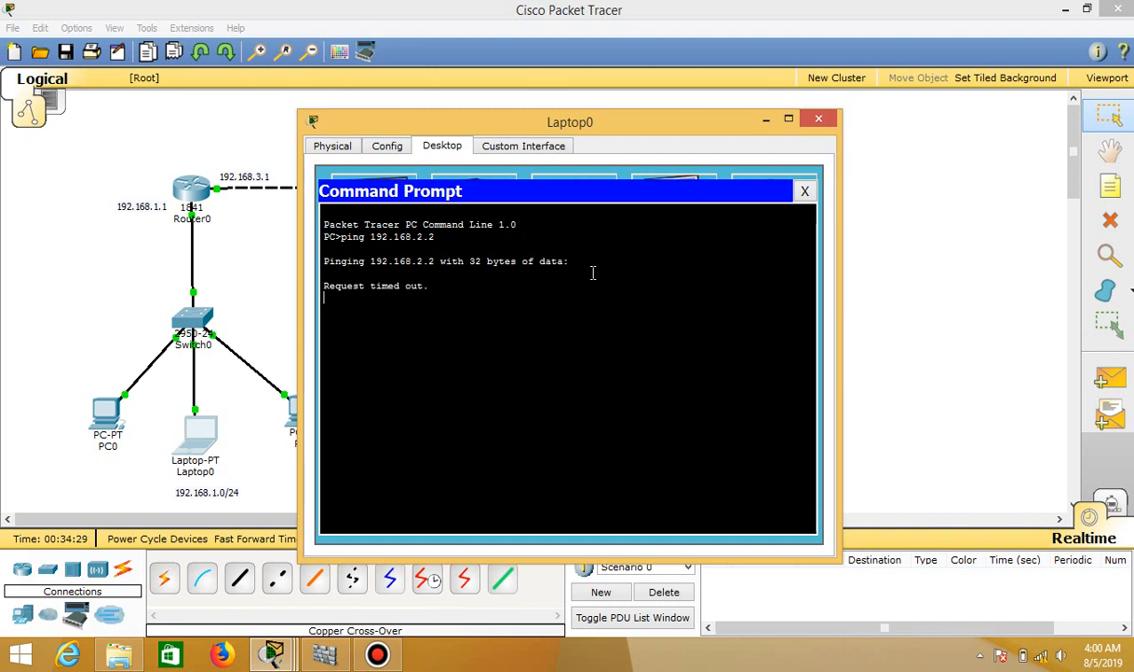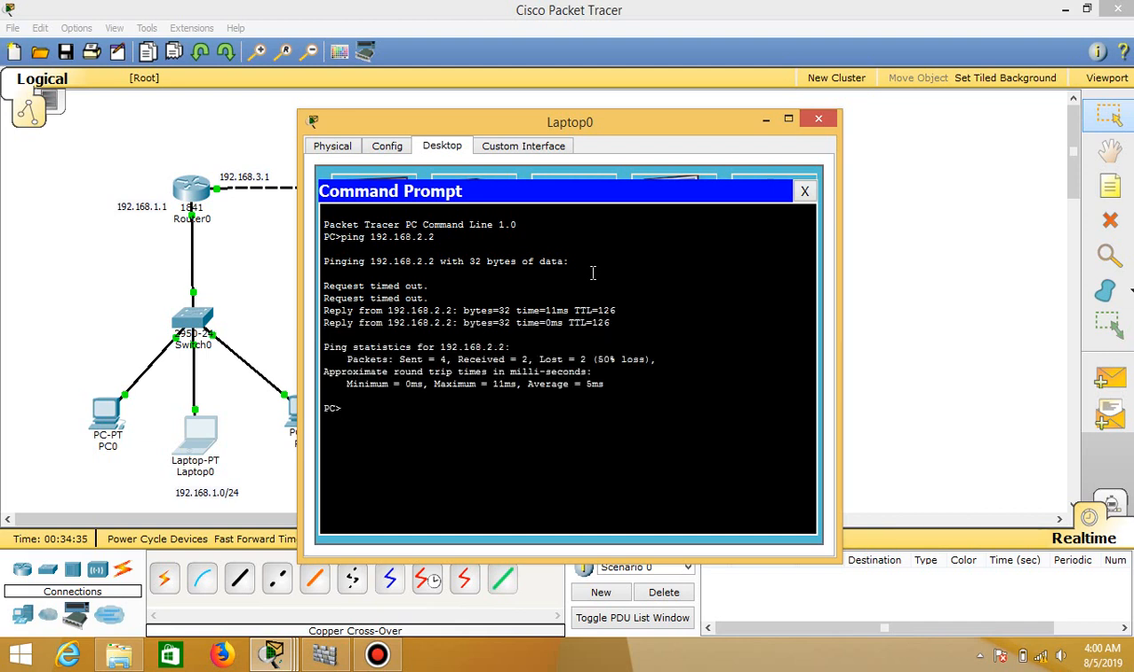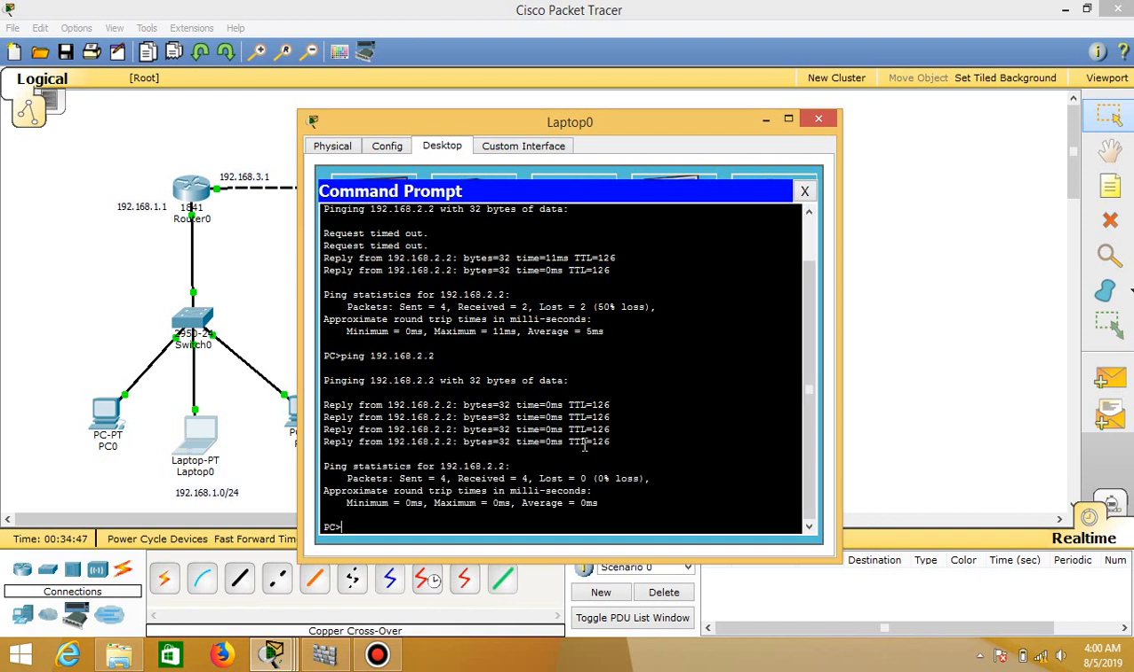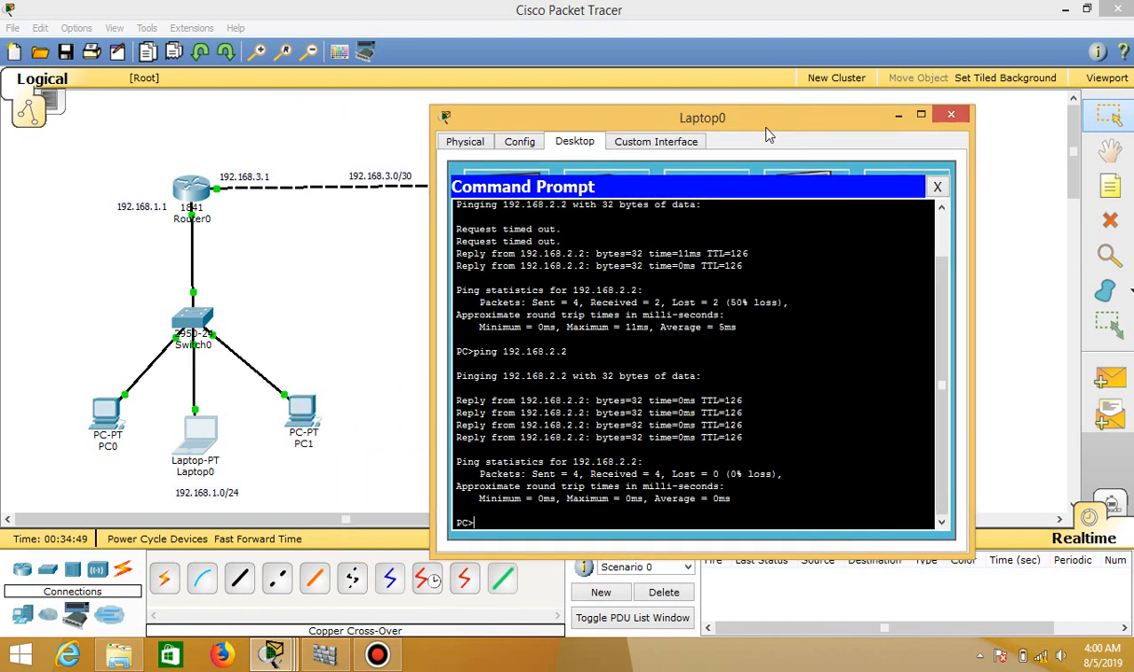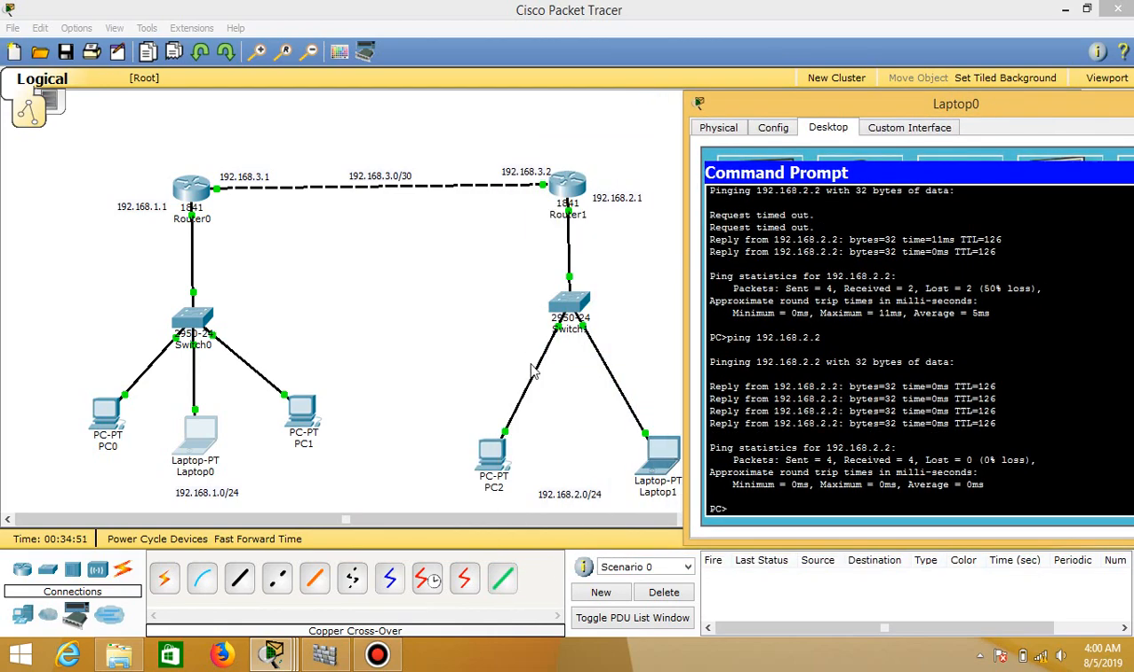Request timed out, and then we are getting a reply from the host 192.168.2.2. Let's do it again. Here we get a reply from that host. So we have successfully set the static routing between these two networks,